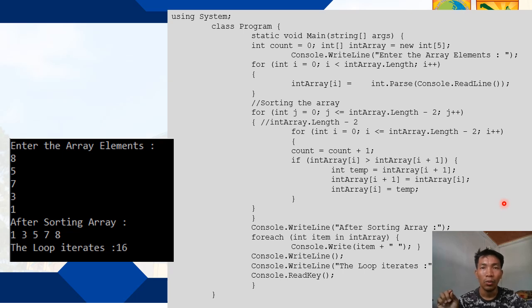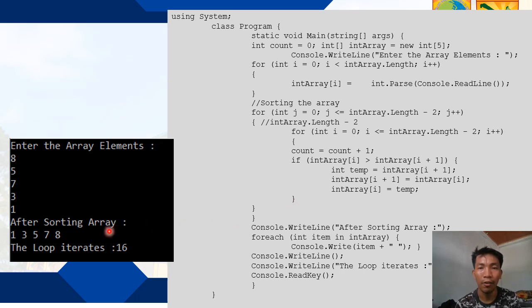It asks you to enter the array elements, which are your 8, 5, 7, 3, 1, and then within the next for loop, which is seen here, we are performing the swapping, where each element in the array list is swapped until the elements of the list are arranged in order from the lowest to highest values.